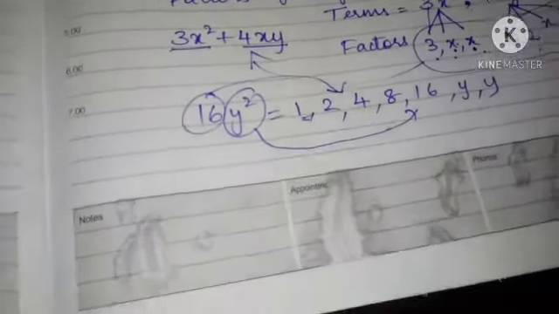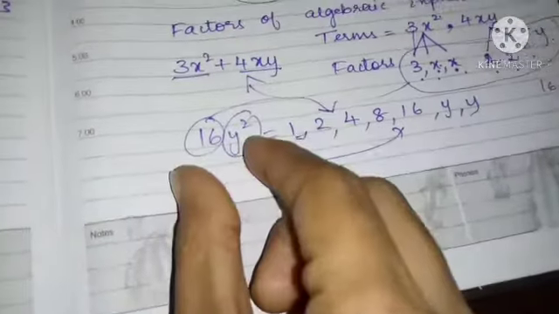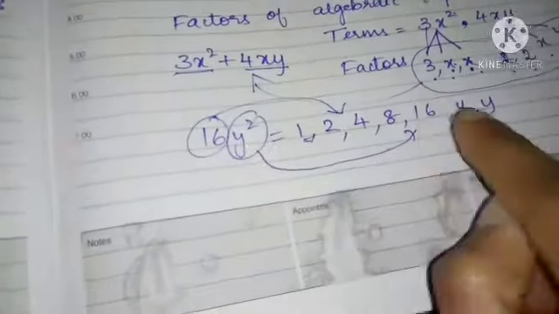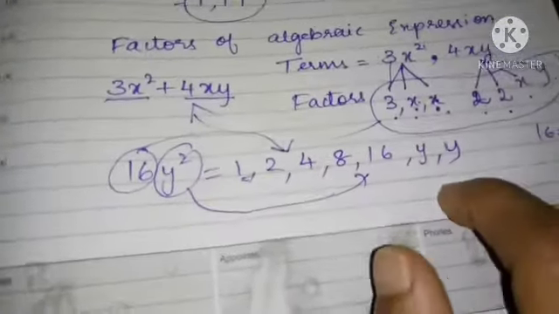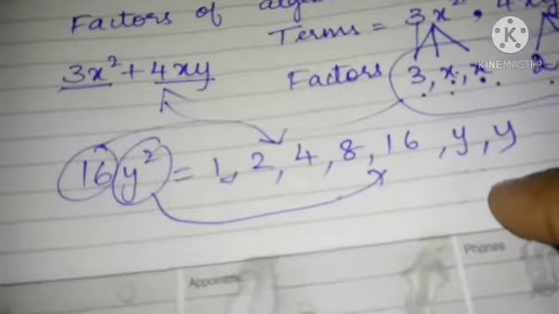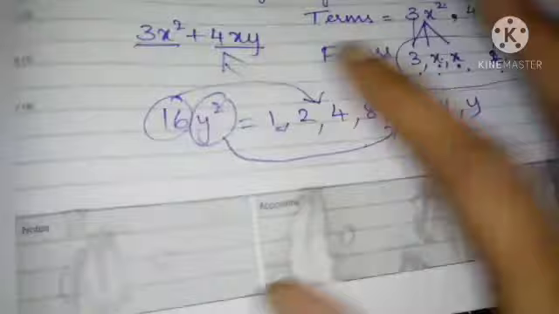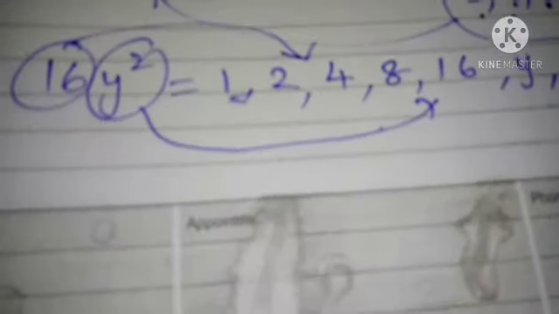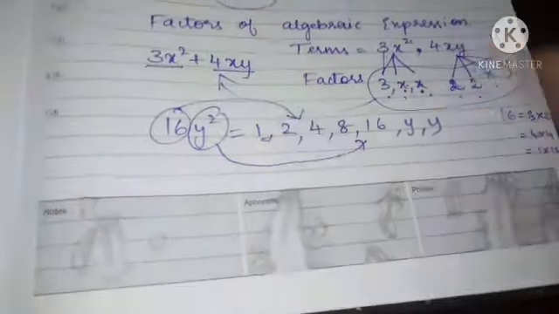That is called factorization. Factors means what? Factors are the exact divisors of the given number. When you divide 16y square by 16, it will divide exactly. So that's why it is an exact divisor of the number. So what is meant by factorization is the method to separate all the factors. When you factorize the algebraic expression, we write it as a product of factors. That's what you will write, the product of factors, right?